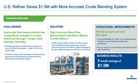So we said we'd show you some proven results. Let's take a look at 4 examples. In the first one, a U.S. refiner saved $1.5 million with a more accurate crude blending system. A great example of how Emerson technology was used to significantly benefit the operations and profitability by improving the crude